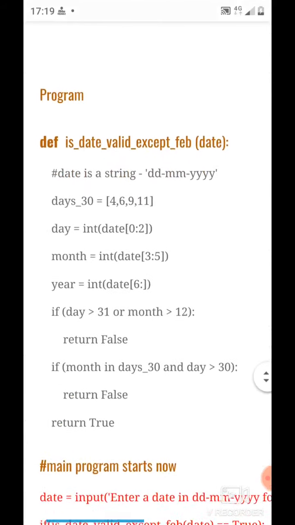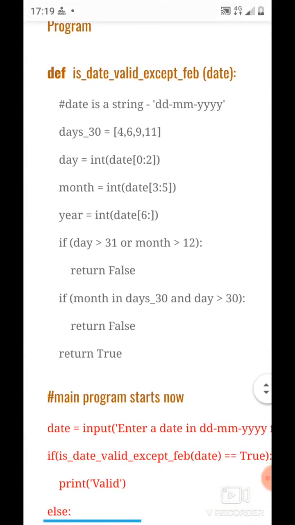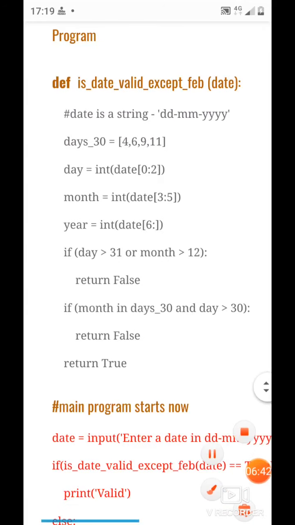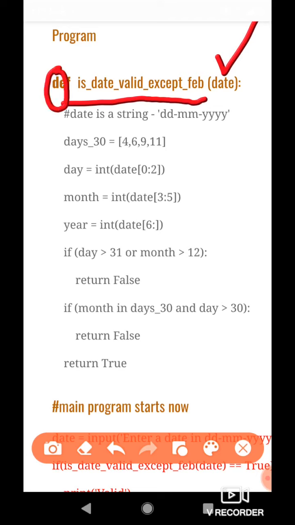Next we look at the program itself. See, this is the function. This function is named is_date_valid_accept_feb, and it takes a parameter named date. As we have discussed earlier, you write a function in Python starting with the keyword def, then you write the name of the function.